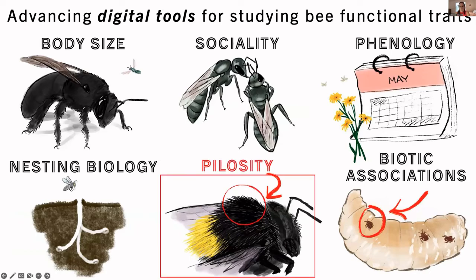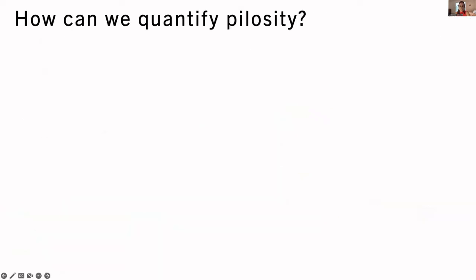A second one that I'll focus on today has to do with pilosity, which is bee hairiness. So we know that hairiness is a really salient functional trait when we're talking about pollination because it impacts the amount of pollen a bee can carry. And also when we're thinking about thermal tolerance, because hair has important insulative properties. However, pilosity tends to be really understudied,